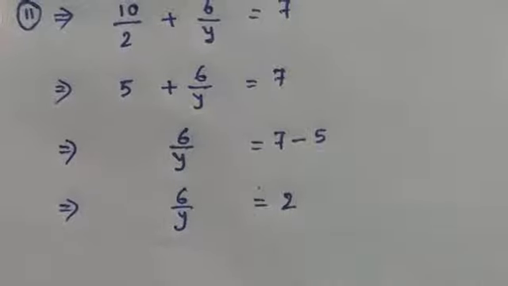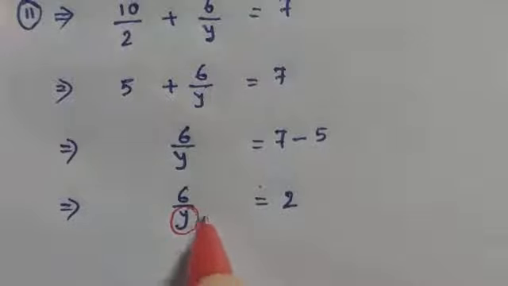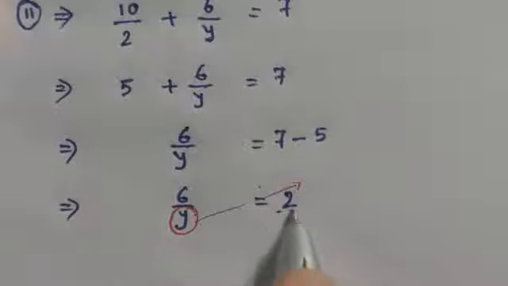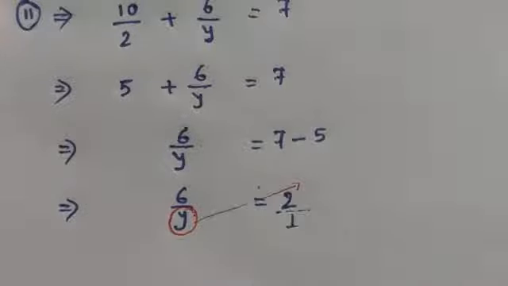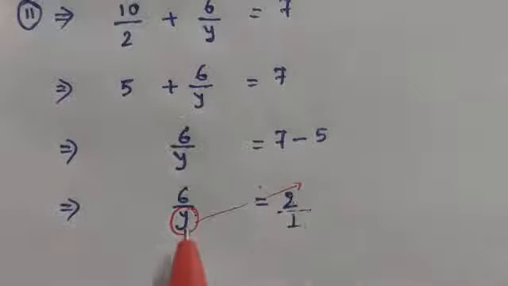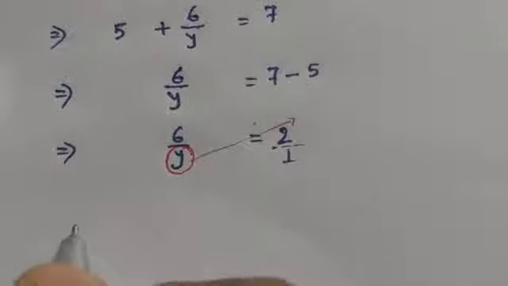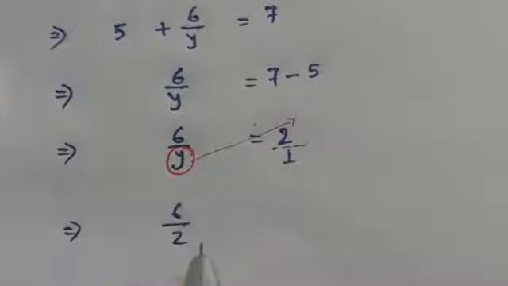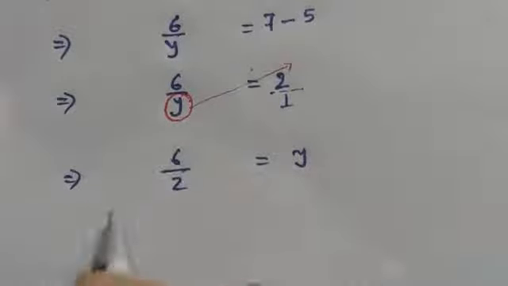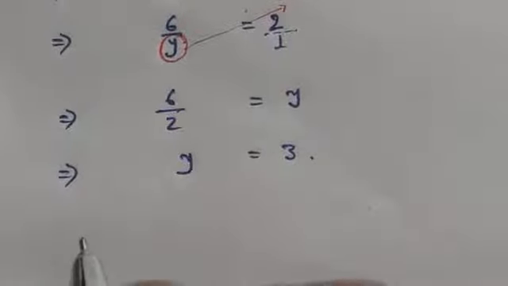Let us shift them. Once again, we will do the same. This y we will shift to that side. If you shift like this, it goes straight up, meaning there is nothing below this 2, meaning there is 1, always. So it will go with the position of the numerator, and 2 will come here in this place. It is called alternando. So 6 by 2, we have shifted this, and this y went up. So 6 by 2 is 3. So y equals to 3. So in this way we get the solution of this equation.